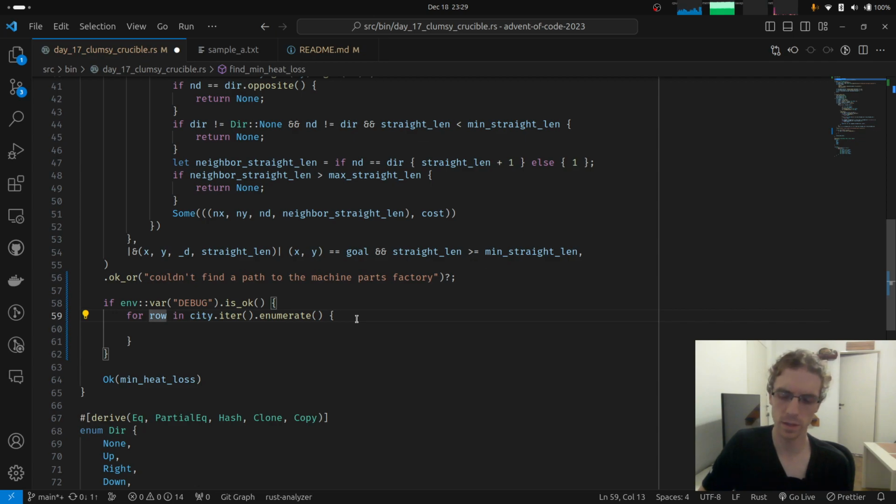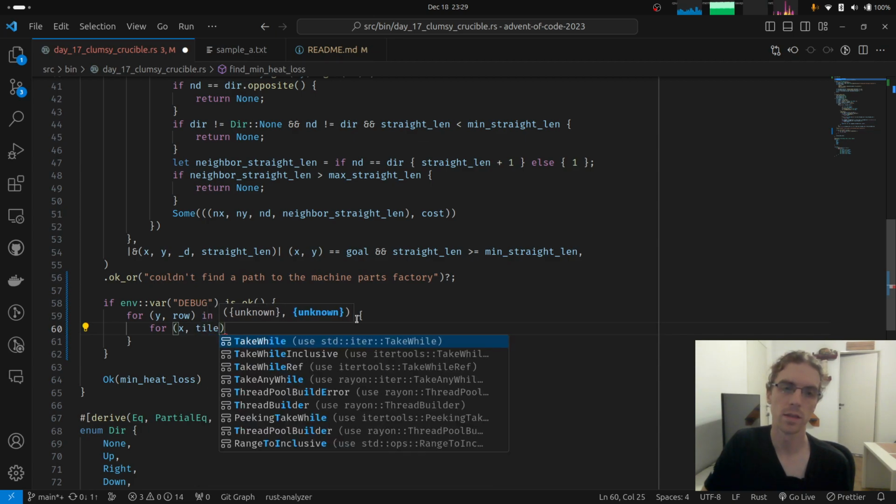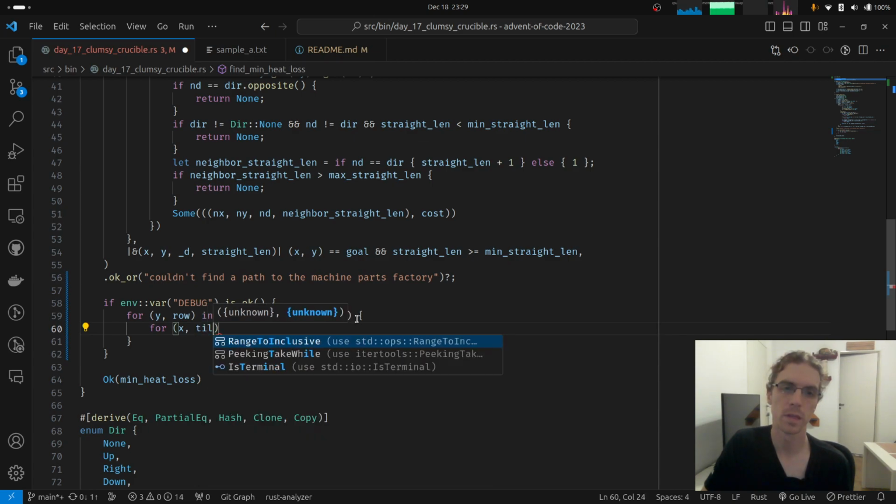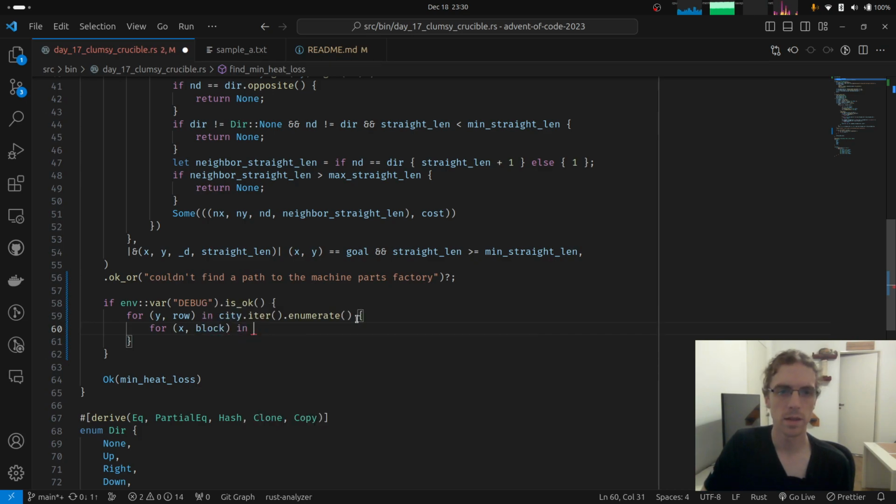So this will give me the y coordinates and the row. Then for x coordinates and the tile in the city, I guess. City is a city block basically. In row, again, iter and enumerate.